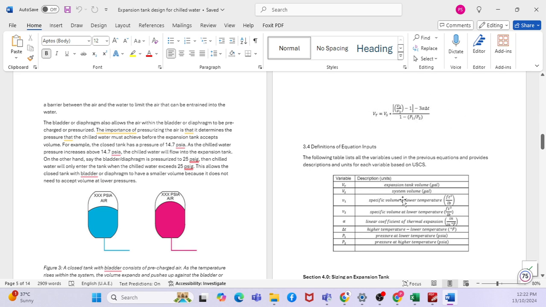If you apply all the values, you get the expansion tank volume. To calculate it, you have to calculate the system volume, then the specific volume from the table, and the linear coefficient based on the material, then the high temperature and low temperature. High temperature will be the ambient temperature, and lower temperature will be the chilled water supply temperature. You can then calculate the pressure at low temperature, which will be equal to the chilled water head pressure, and at higher temperature, the maximum pressure considering the static height